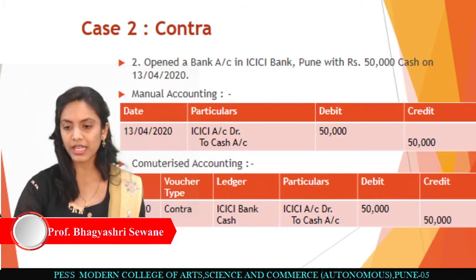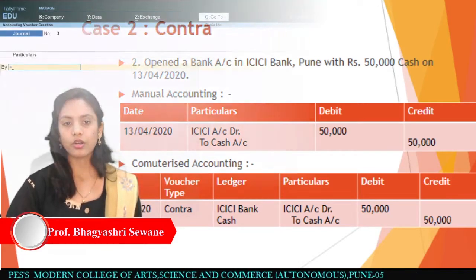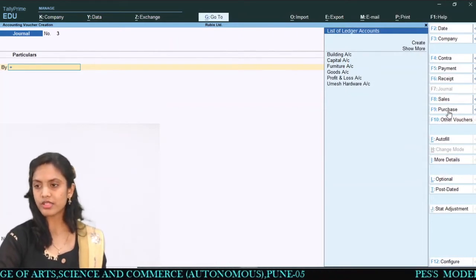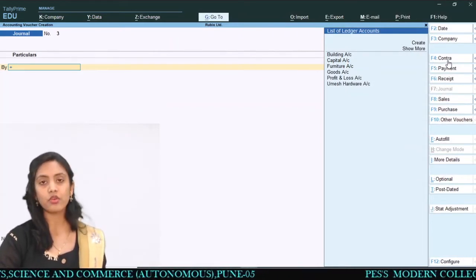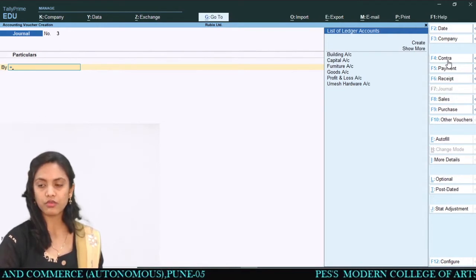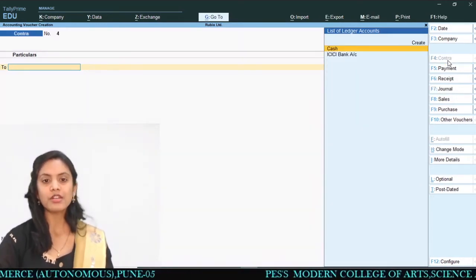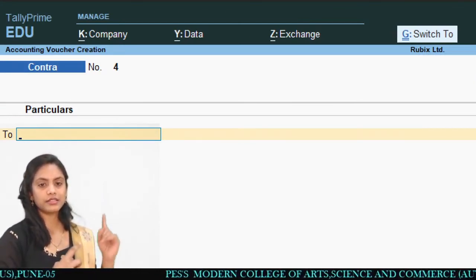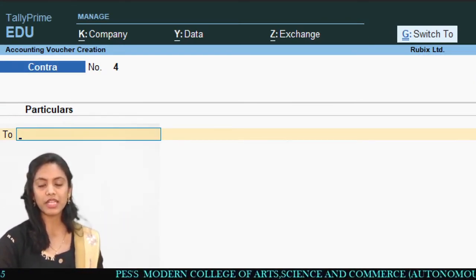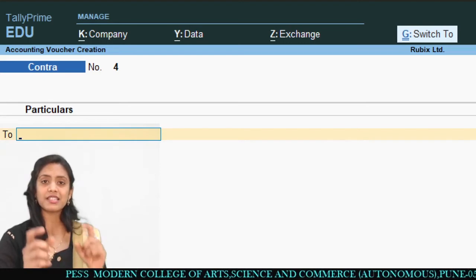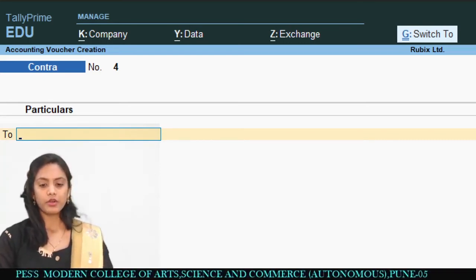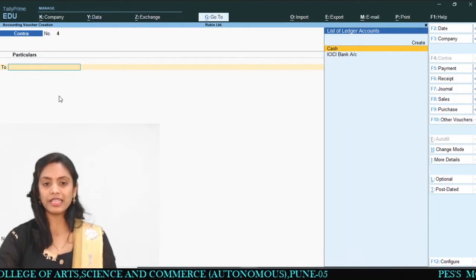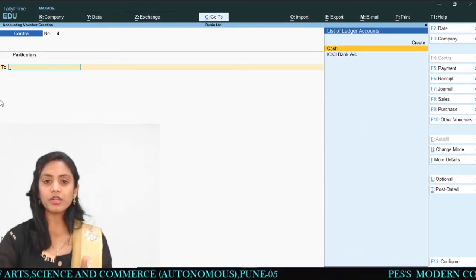So we will go to Tally once again. Here the journal voucher was selected, but I have to choose a contra voucher. For that purpose, you can use the F4 key or the mouse. So I have chosen a contra voucher. When I choose it, you can check the name over here to see whether it is really selected or not. Okay, so in the contra voucher, I am going to enter this in the particulars, which account is going to be